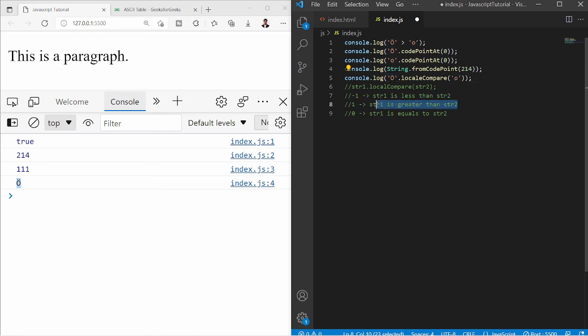So it is the second condition, and it will print the positive number, that is 1. If I save it, it says 1. So we do not need to worry about the language that we are comparing, because the browser will handle it automatically based on the standard, that is ECMA 402. This is all about string comparisons.